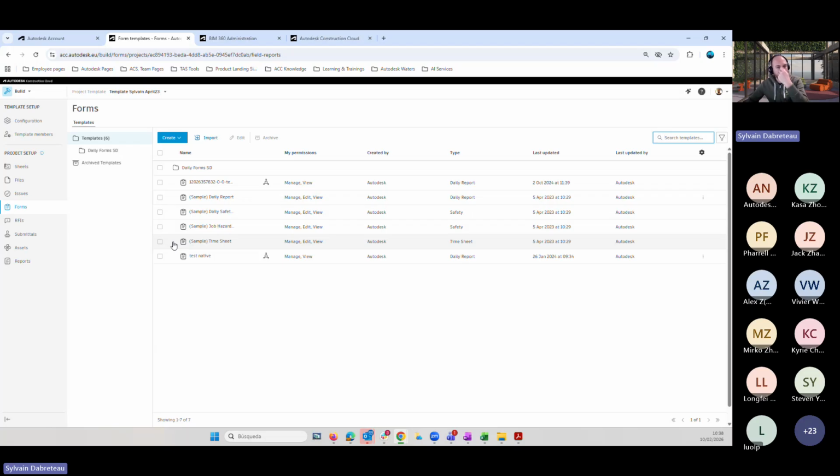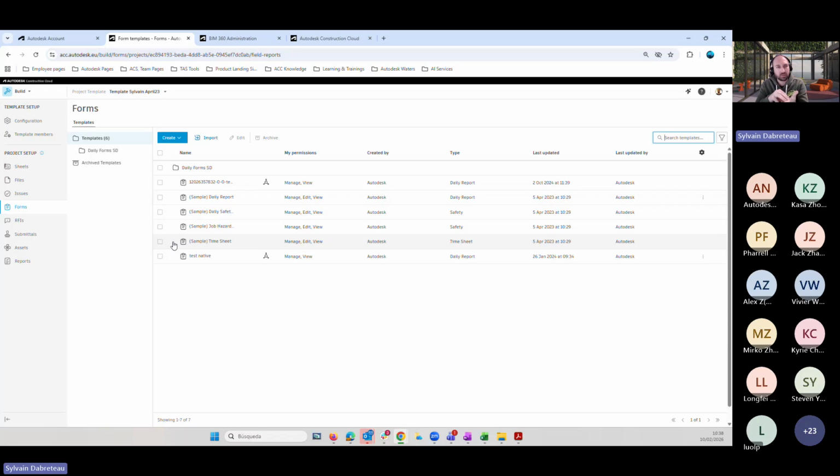If you want, Kaza, you can unmute yourself so we can exchange together on this topic. Yeah, if you need some clarification. So in your library in the account administration, you find 150 forms, but maybe out of those form templates for your project, you only need 80 of those. Yeah.